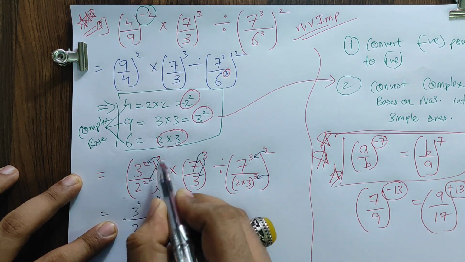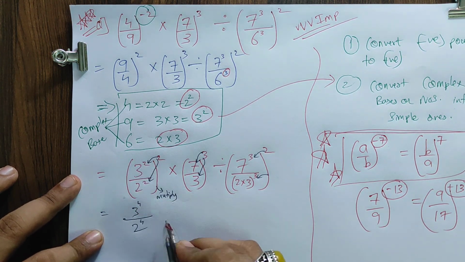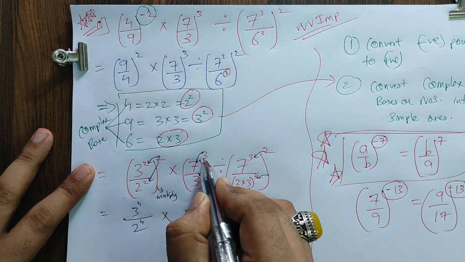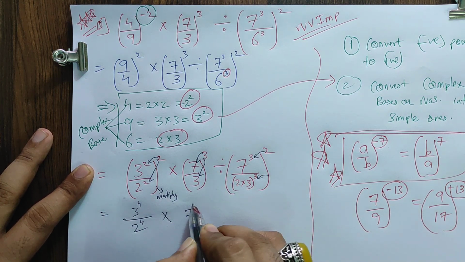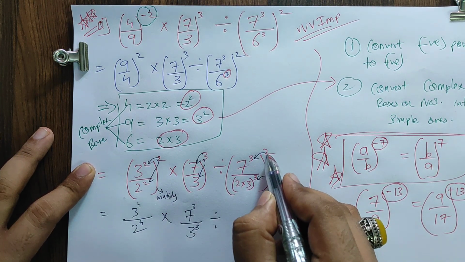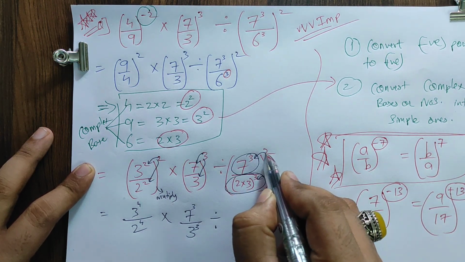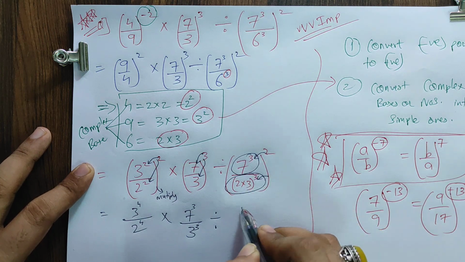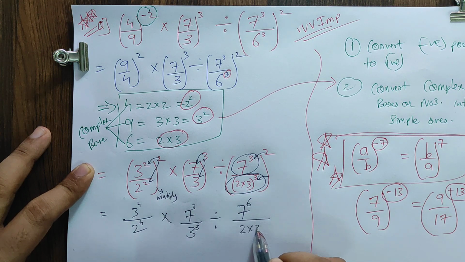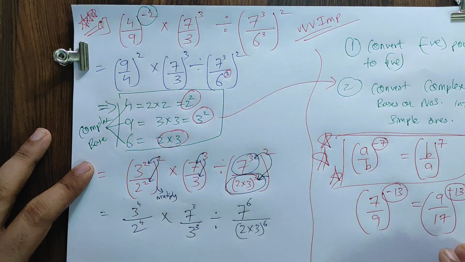It's 2 over here, and this 2 and 2 get multiplied. So 2 raised to 4. 2 2s are 4. Multiply as it is multiply. This 7, this 3 comes as the power of this 7 as well as this 3. 7 raised to 3 upon 3 raised to 3 divided by this 2 will become the power of this numerator as well as this denominator. But when it comes to the numerator, it gets multiplied with this 3. So 7, 2 3s become 6, upon this will be 2 into 3. It's a 3, so 2 gets multiplied with this 3. It becomes 6 over here.